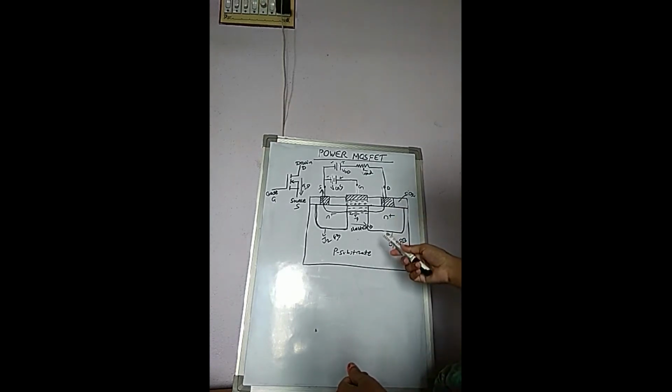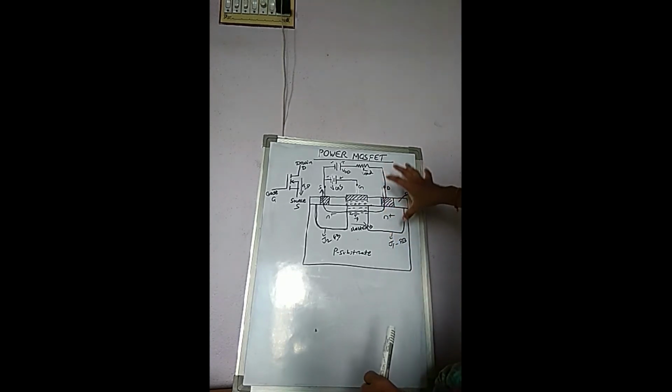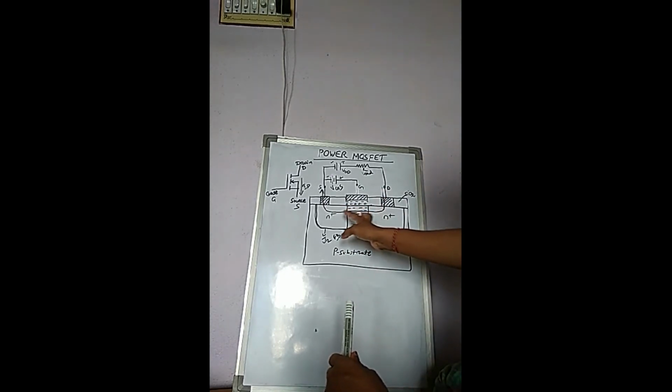Okay, this shows that the N channel planar MOSFET construction is only feasible for low power MOSFET. Why? While conducting, this N channel MOSFET has a large on state resistance between the drain and source. How? See here, this is the path of the N channel. There is some length in this N channel.